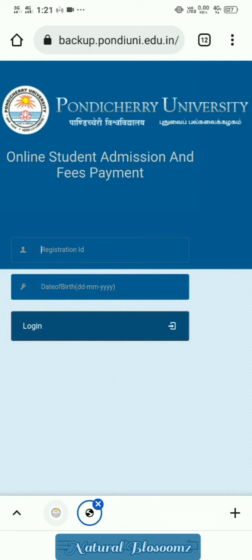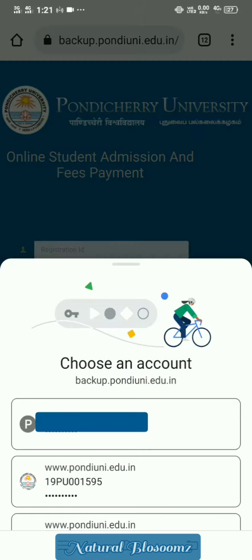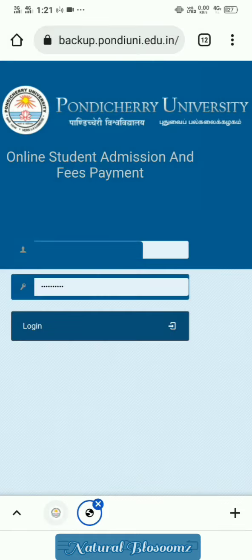Before doing this process, refer to that selection list and check that your name is updated on it. Then here you enter your registration ID as mentioned in your application or hall ticket. Then enter your date of birth in date, month and year format.